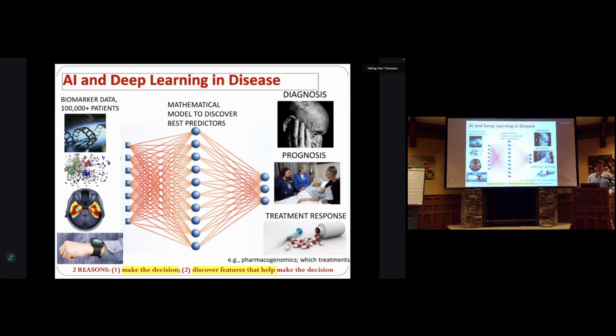And so if you agree that there's no one measure that is very diagnostic on its own, what about, you don't have to use AI, you could do multivariate statistics, but if you do want to use AI, you could say, well, let's not use one measure, like a blood test as one measure. We'll use DNA, omics, imaging, which we'll talk about, maybe real-time data, and we'll figure out which one of these data sets is the most predictive for a number of tasks. And the tasks might be